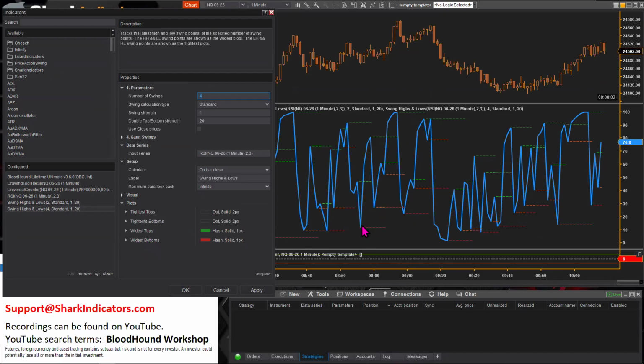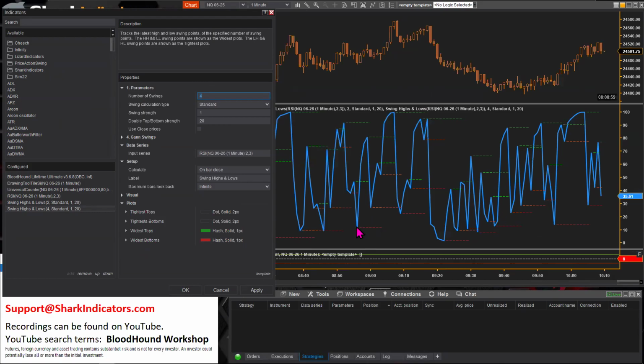For example, we can see we have this swing low and we have the darker red line. Number of swings 4 is using the firebrick, and number of swings 2 is just using a brighter orange-red.